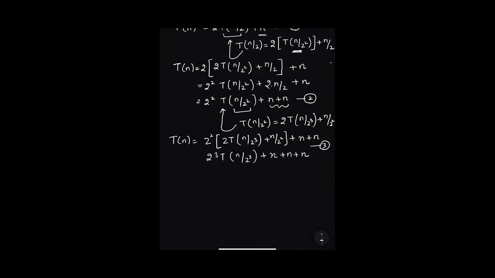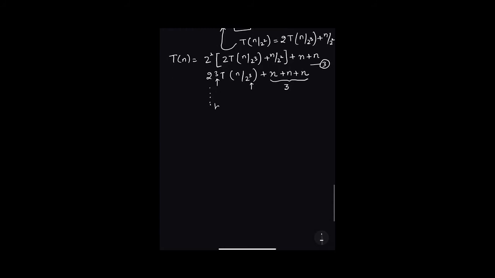So what I have seen is when all these statements are executed 3 times, I get 3 over here, I get 3 over here, and the total number of times n I am having is also 3. So if I repeat the whole process for k times until my stopping condition is reached, I can say that T(n) is equal to 2^k T(n/2^k) + n, how many times? Up to k times.